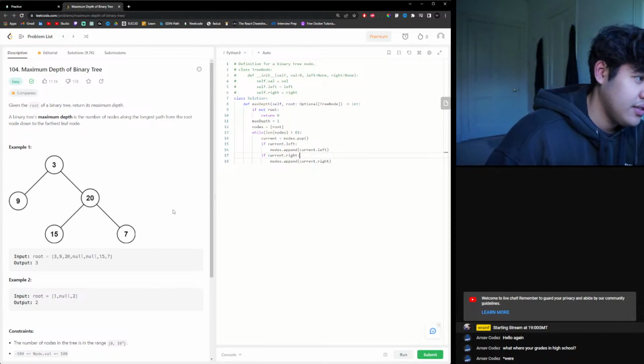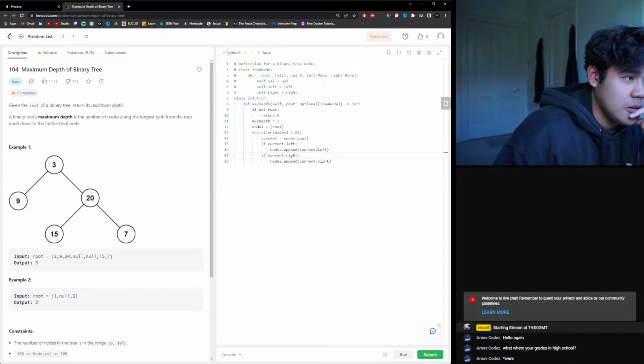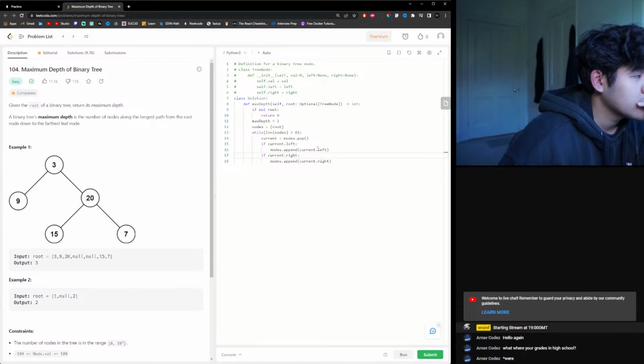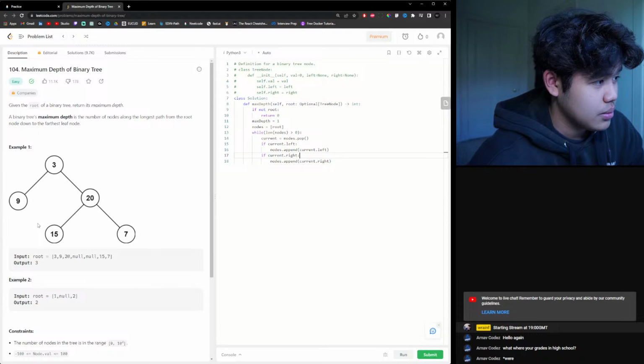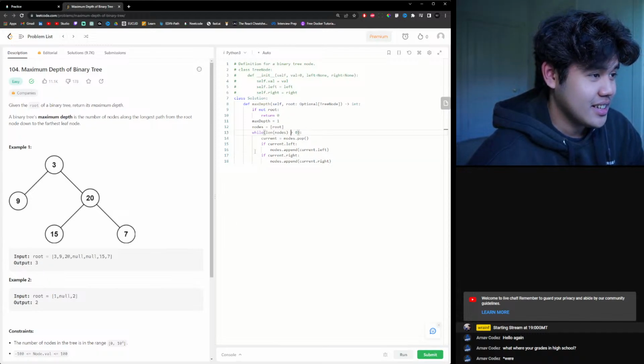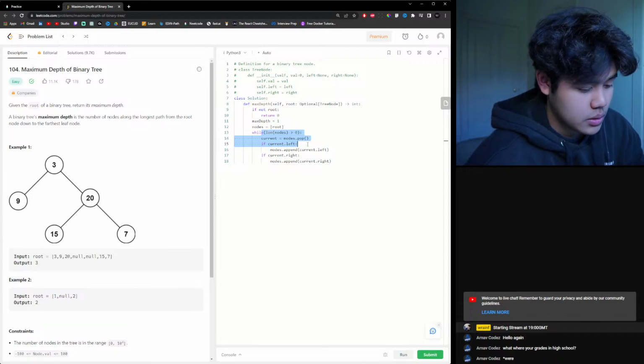So you append left and then you append right, and then what do you do? I feel like you should add 1, but I don't think that's how it works, because that would basically be called every time you have a new node that's added there. Oh, okay, this is kind of tricky. So append left and then append right. Then